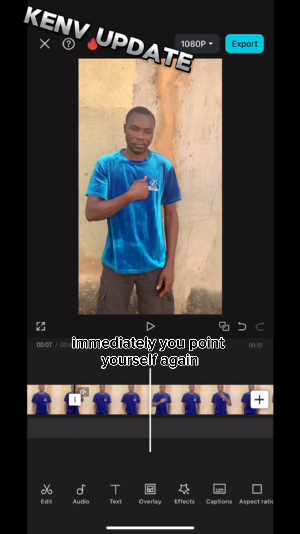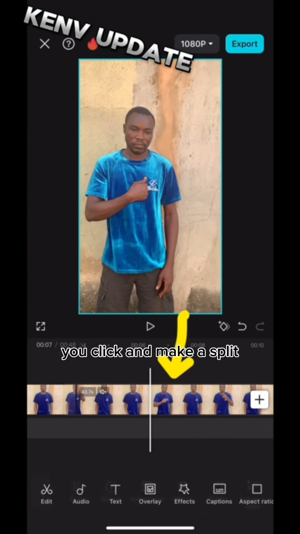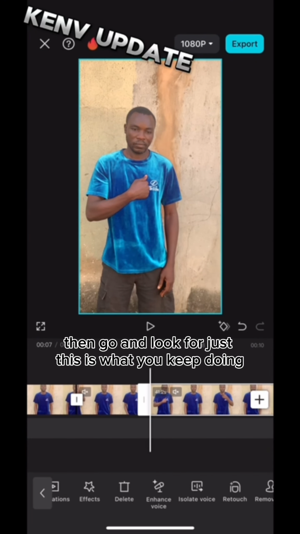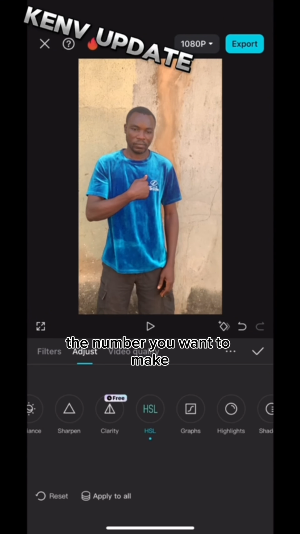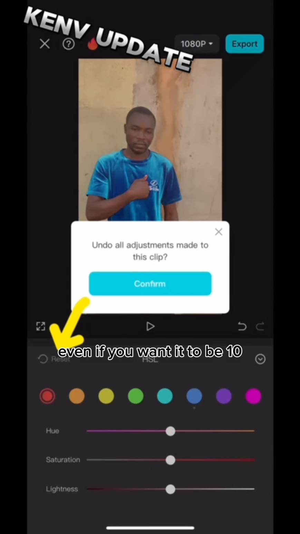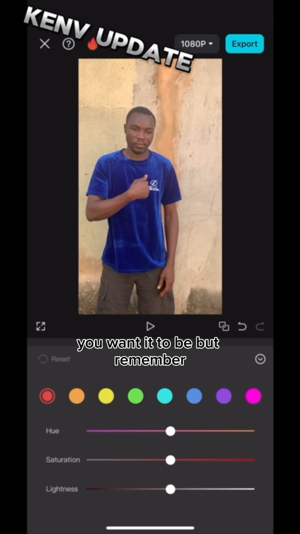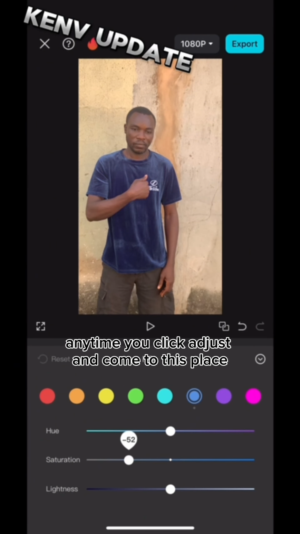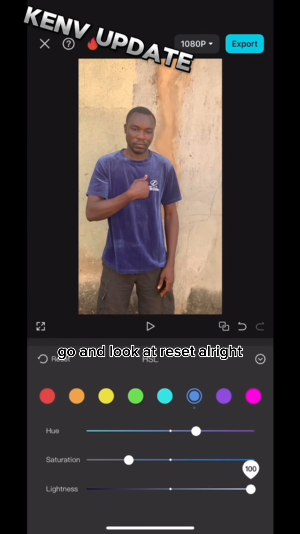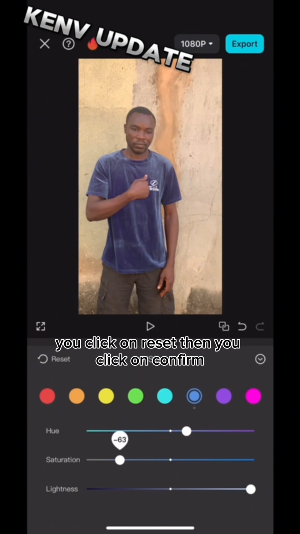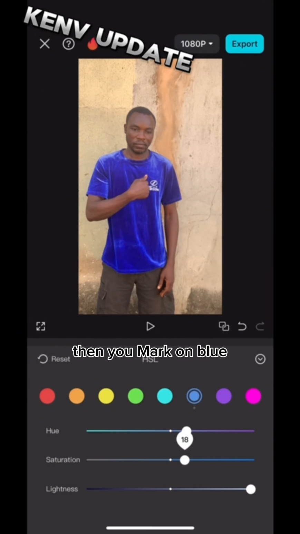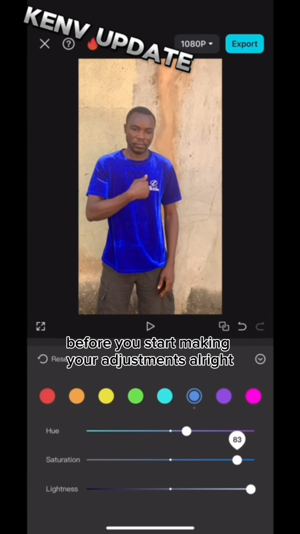So immediately you point to yourself again. You click and make a split. Then go and look for adjust. This is what you keep doing to the number you want to make. Remember, anytime you click adjust and come to this place, go and locate reset. Alright, you click on reset, then you click on confirm, then you mark on blue before you start making your